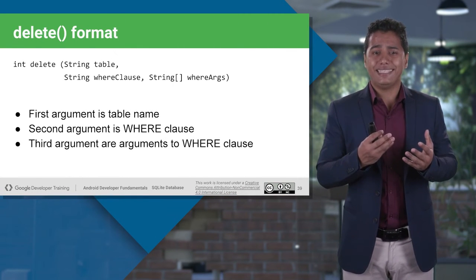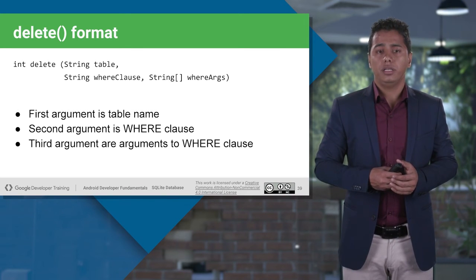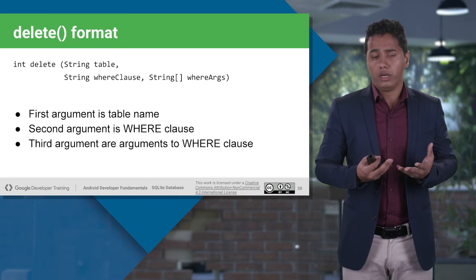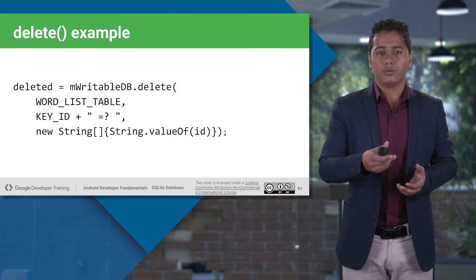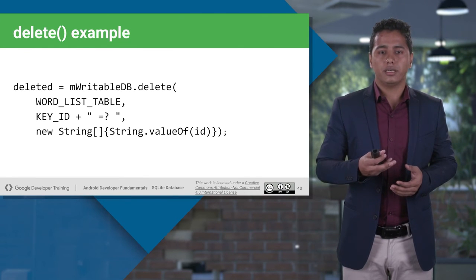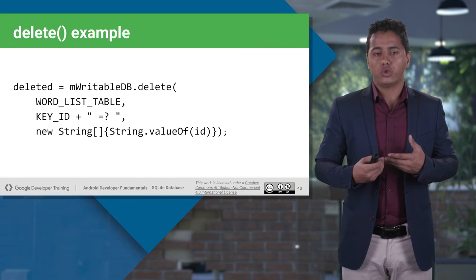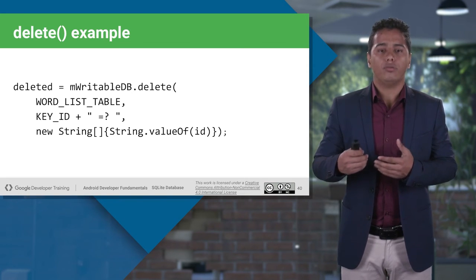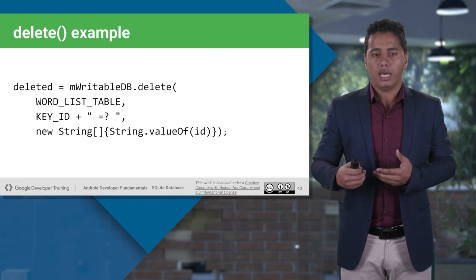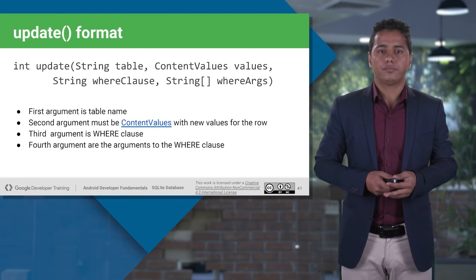So this is how I can use the delete query to delete any data from my table. So I will put the table name, then where clause, and then pass the argument of that where clause. Pretty simple. So this is how it looks like. If I want to delete anything from word list table, at which ID, which row I want to delete, and pass the argument in the wildcards, and our next argument will be the value of that ID. So if I pass the value as, let's say 3, so the third row will get deleted from my table.